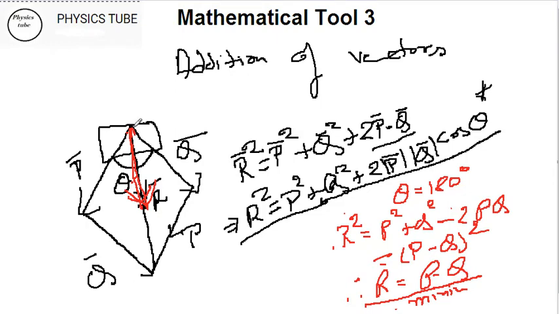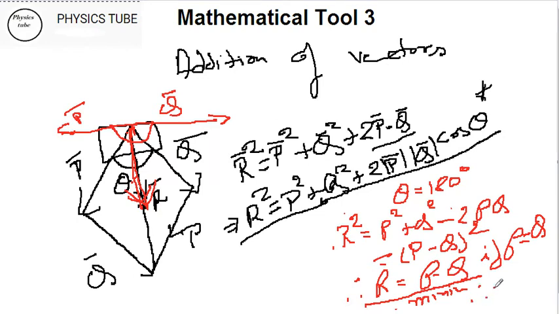So see, at 180 degrees, this will be my Q and this will be my P. The angle between them is 180 degrees. It is comparable to a case of tug of war. Two parties are pulling from both sides in opposite directions. If P is equal to Q, please try to understand this. Therefore, R minimum is equal to 0 in that case because P and Q will be equal, so they will cancel each other, and that turns to 0.